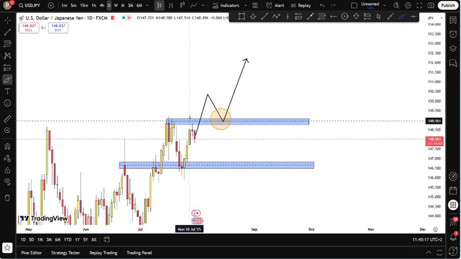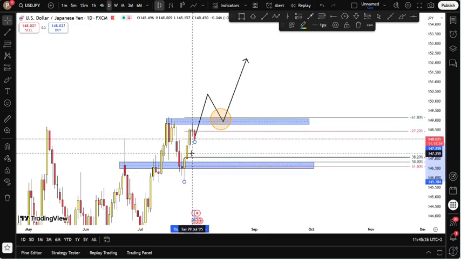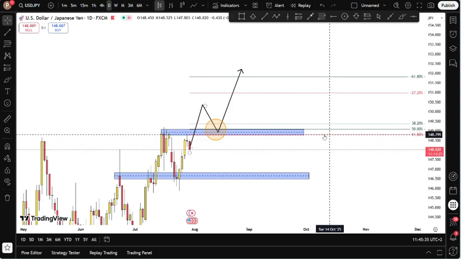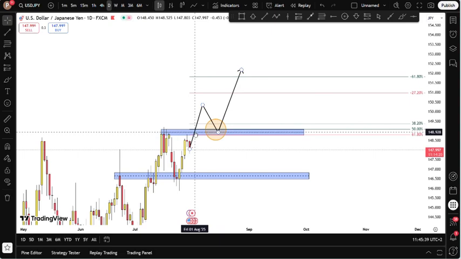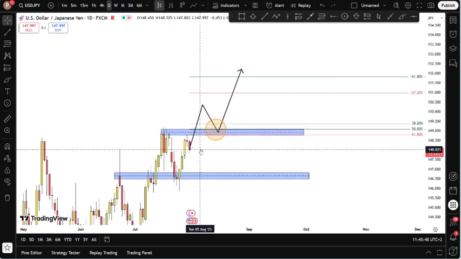And if it does break, you wait, you take your Fibonacci just like this, just the way I taught you here. You take a Fibonacci like here. You see here 61.8 and 50% here. You measure the impulse, you wait for the retest. The retest has to align with this, you buy, you become rich, life becomes easier.